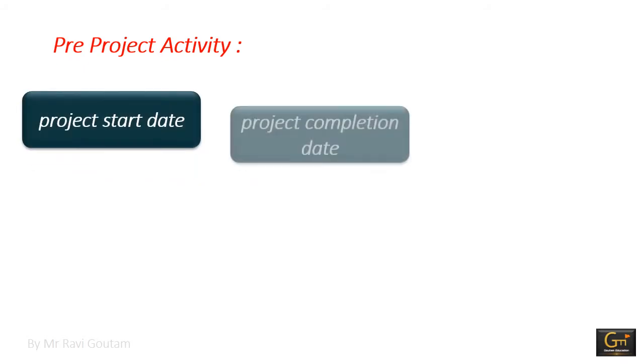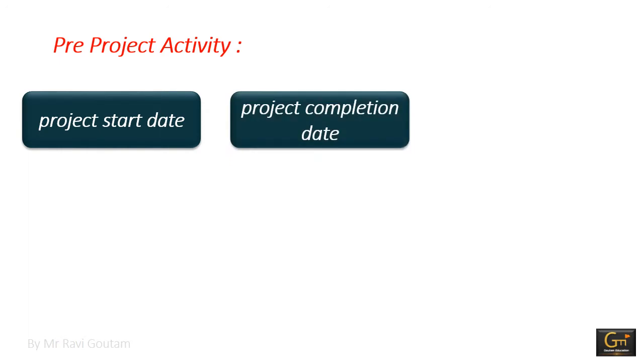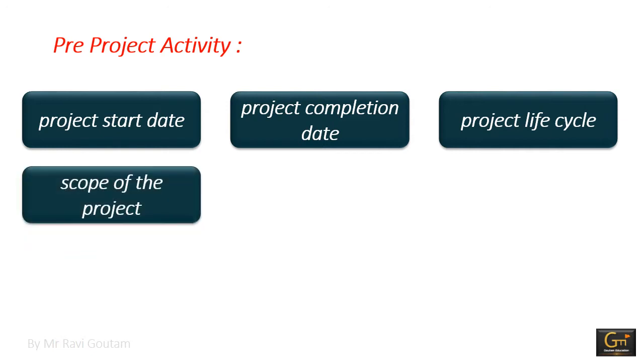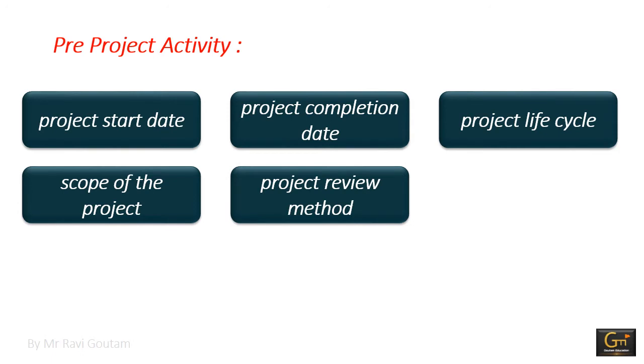Before attempting to use or know about these tools, the project's information must be assembled in a certain way. So it includes a basic description of the preceding steps. The steps are: setting the project start date, then setting the project completion time or date, selecting the project methodology or project life cycle to be used, determining the scope of the project in terms of the phases of the selected project methodology or project life cycle, then selecting the project review method to be used,